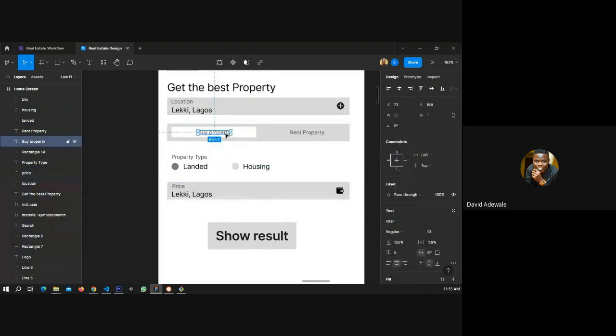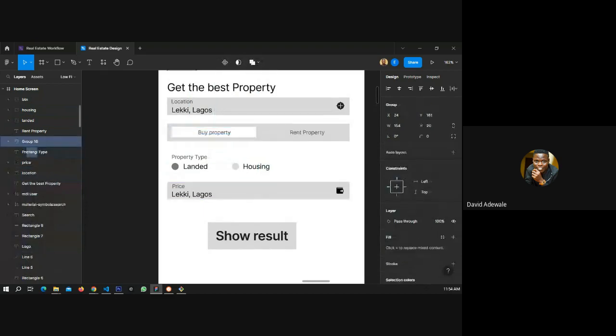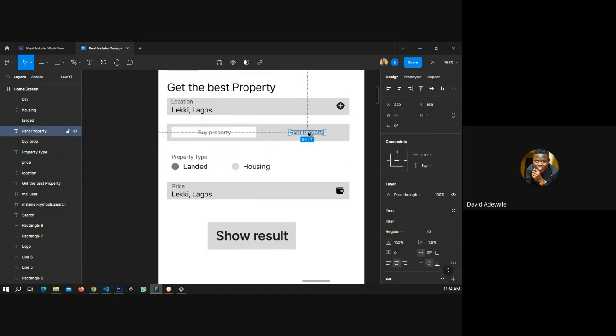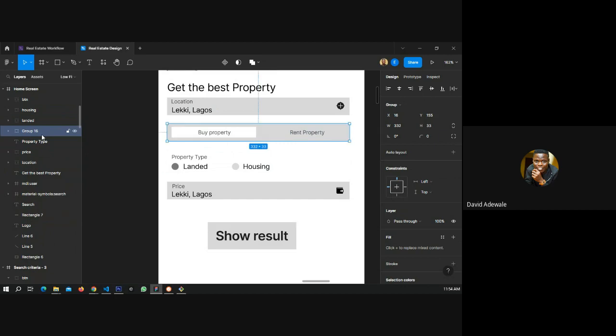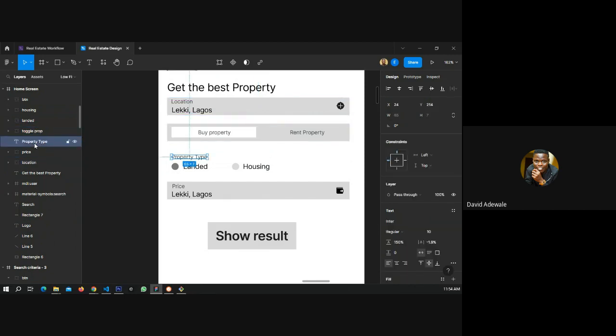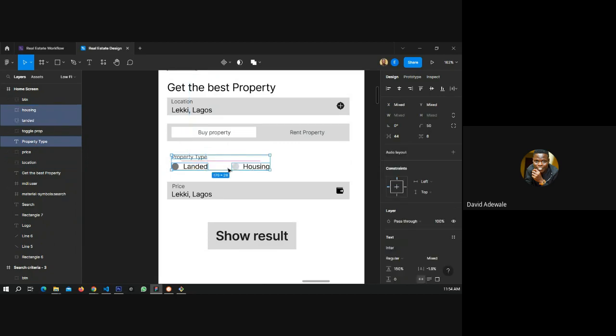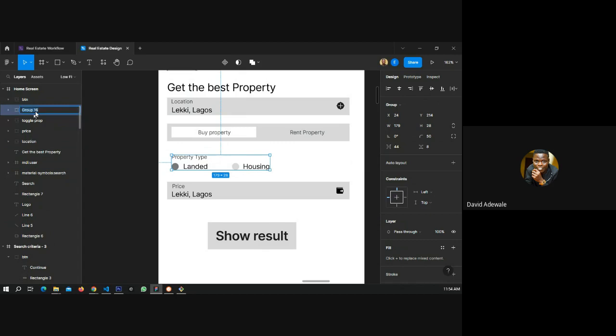Group this first, and then by pro, and then this and then by pro will be grouped together. Property type, this and this should be grouped together. And call it pro.